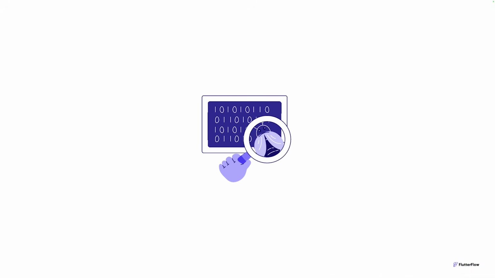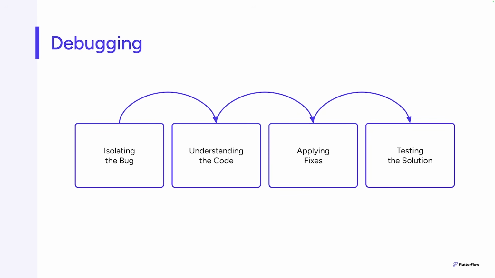Debugging is identifying, analyzing, and fixing bugs or issues in your application. It is a critical part of the development lifecycle to ensure a smooth user experience. Debugging is important because it takes up significant development time. Being efficient and effective in debugging can significantly enhance productivity and ensure a stable application. Adopting a systematic approach to debugging is essential. This involves isolating a bug, understanding code flow and state, applying a fix, and testing the solution to ensure the